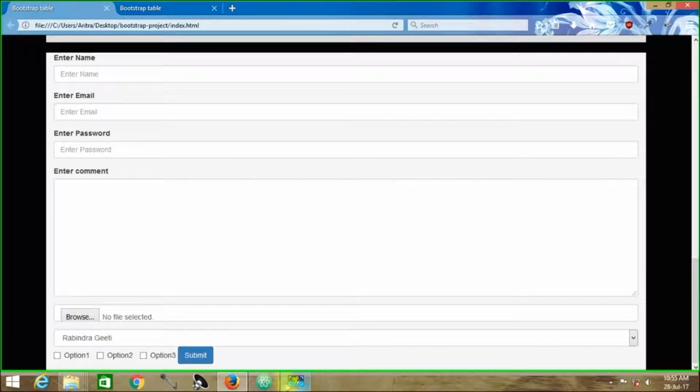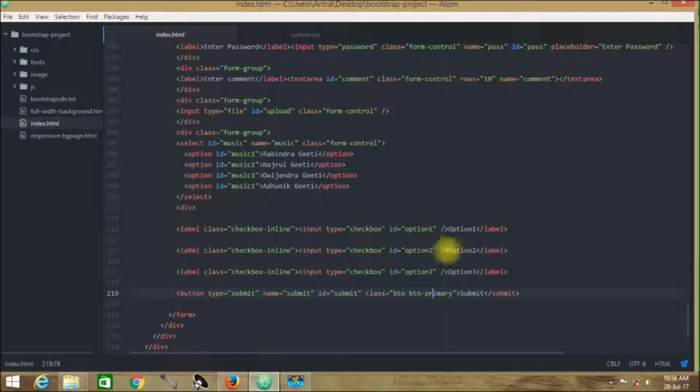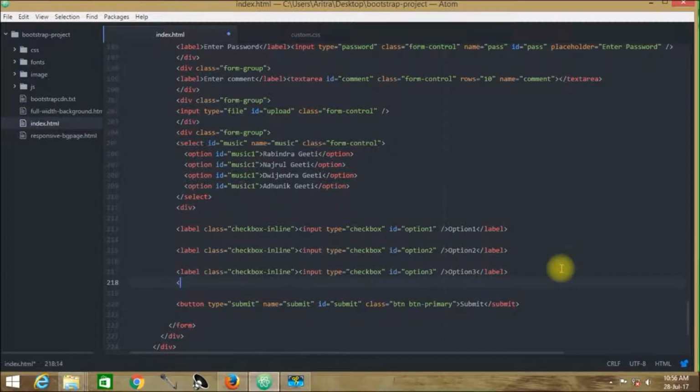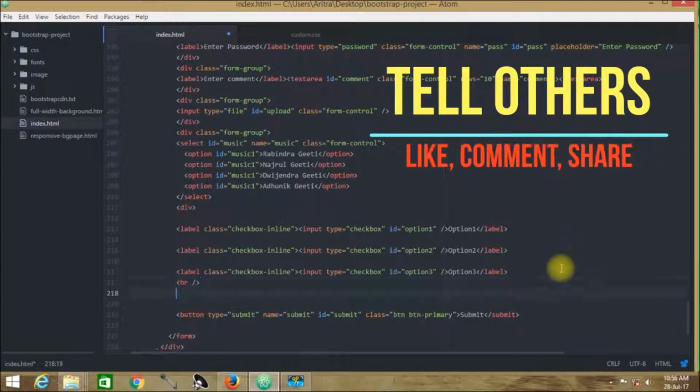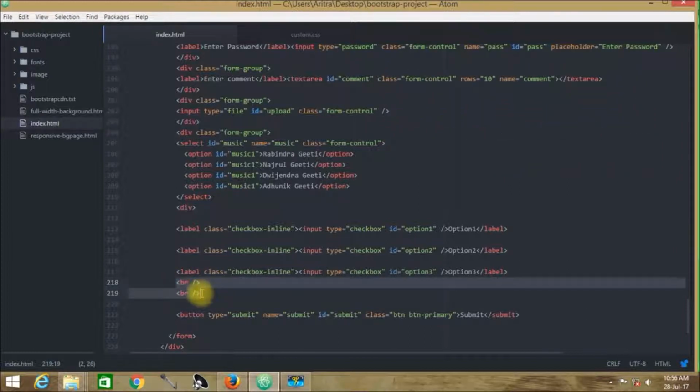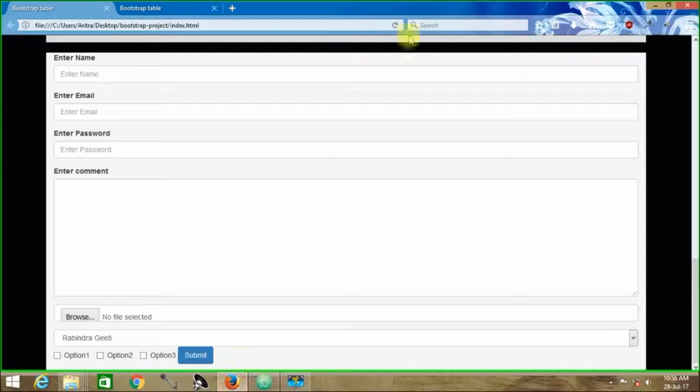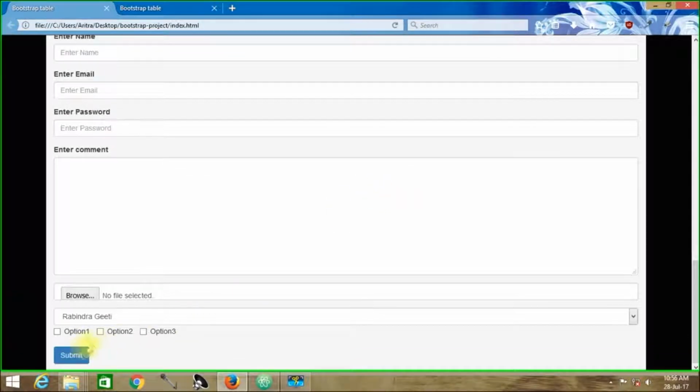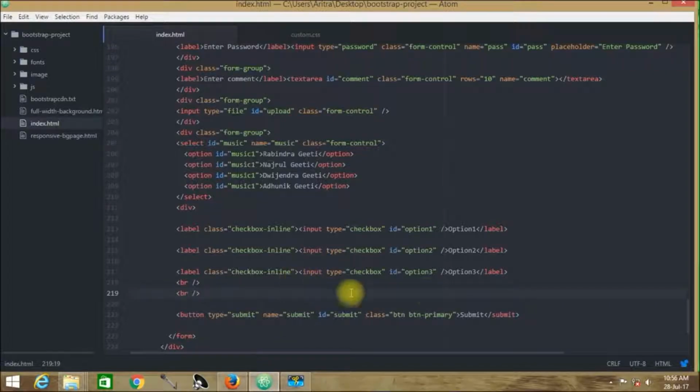Now all we need to do, we need to just keep this thing down such that it appears vertically stacked all around. So all we need to do, we need to make some amendments here, such as we are using these BR elements. Here it is descending down. Now let's first of all talk about these button classes here.